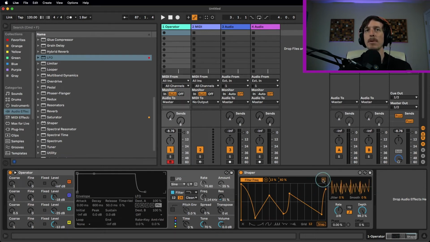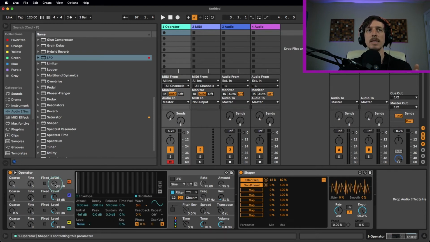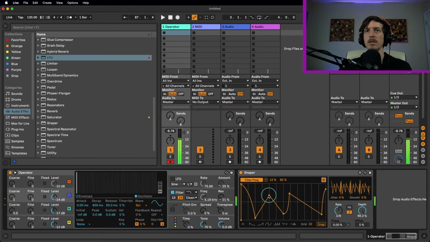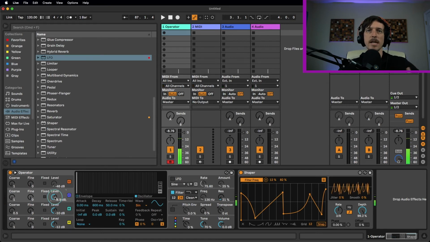On top of that, you can map up to 8 different parameters to a single shaper at once. So if I click on this, I can see I have up to 8 parameters. They all have individual minimum and maximum amounts. So I could map this to, say, my operator D over here. Find the right amount here. And then play with the shape a little bit. And all of a sudden, I just get a whole world of sound design, with only 2 parameters